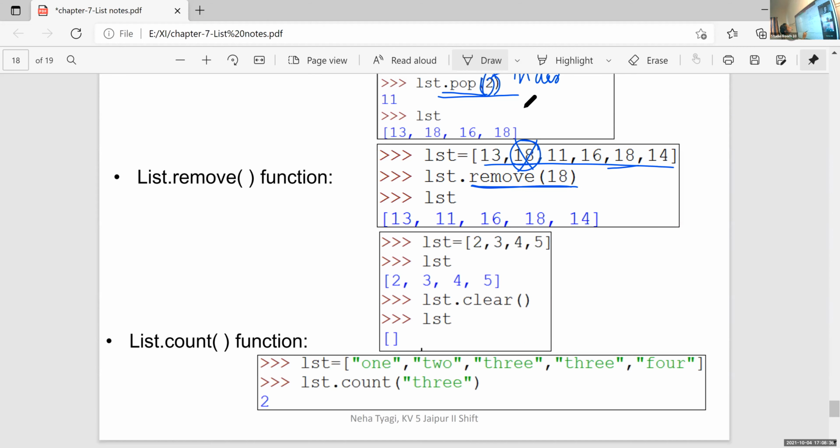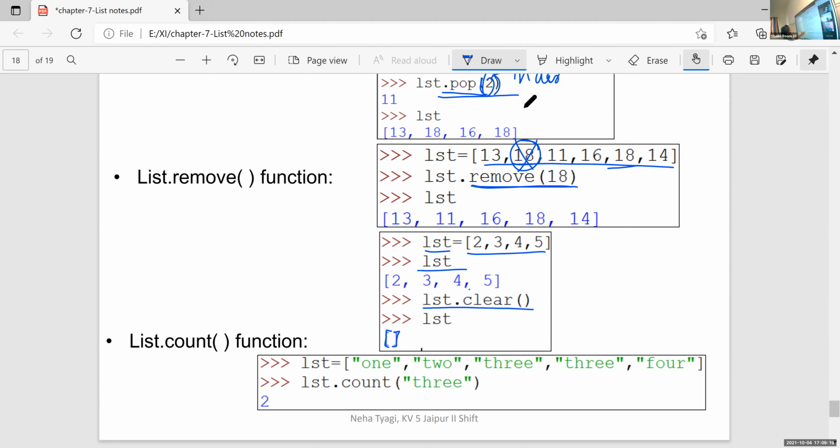Okay, here is an example for clear. In my list, the list name is first. The contents are 2, 3, 4, 5. If I display first, it will display 2, 3, 4, 5. And if I want to delete all the contents from this list, the statement is first dot clear with empty brackets. So it will delete all the elements from this list and it will return an empty list. So first dot clear means this clear function will delete all the elements from the list.